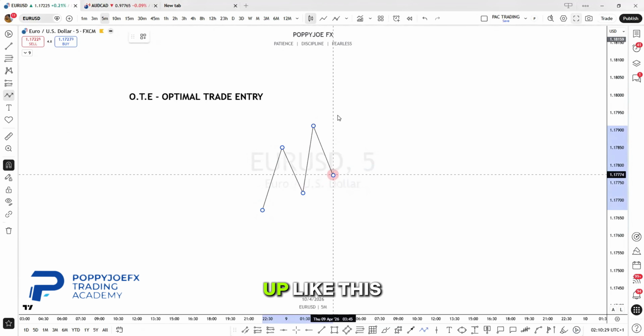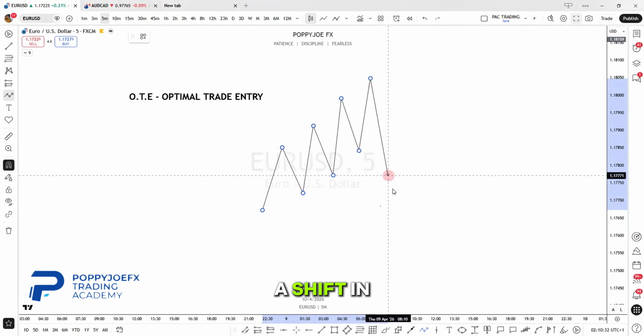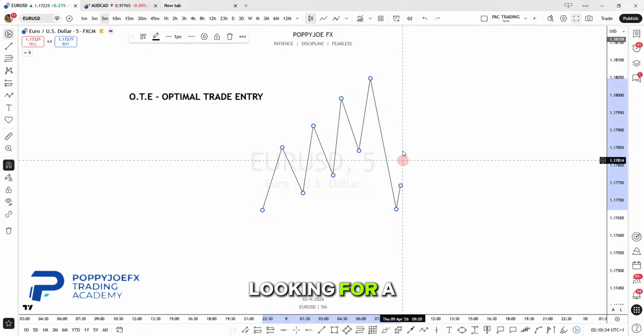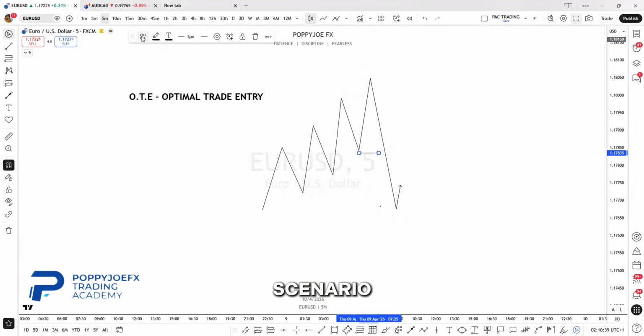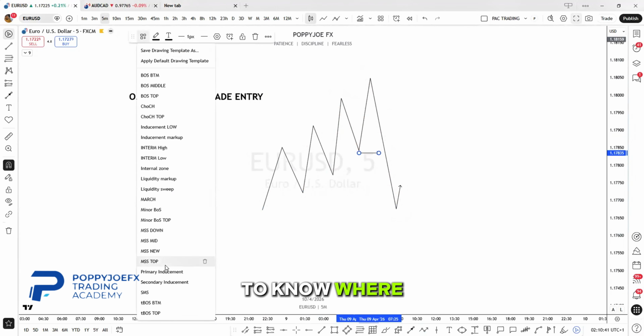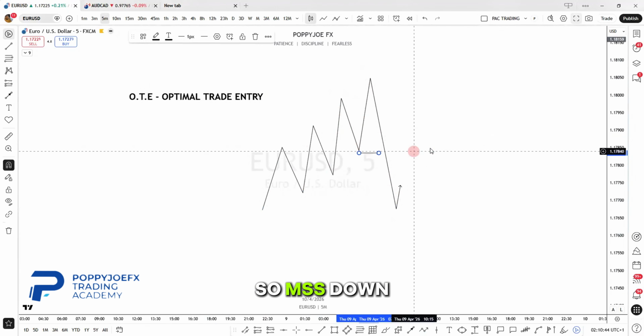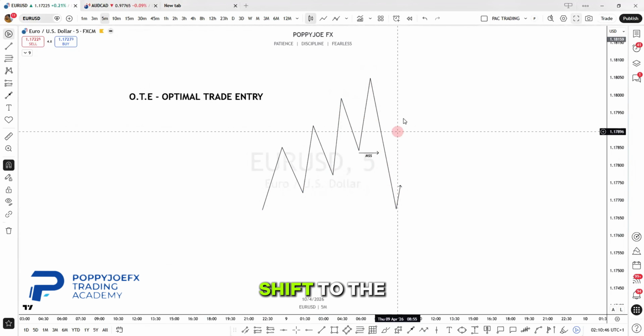So mostly we are going to use it during reversal. Let's say the market is going up like this, and we have a shift in structure whereby we are looking for a retracement. So we are making use of Fib specifically in this scenario whereby we want to know where we can enter the trade. So MSS down. So if I have this now as a structure shift to the downside,